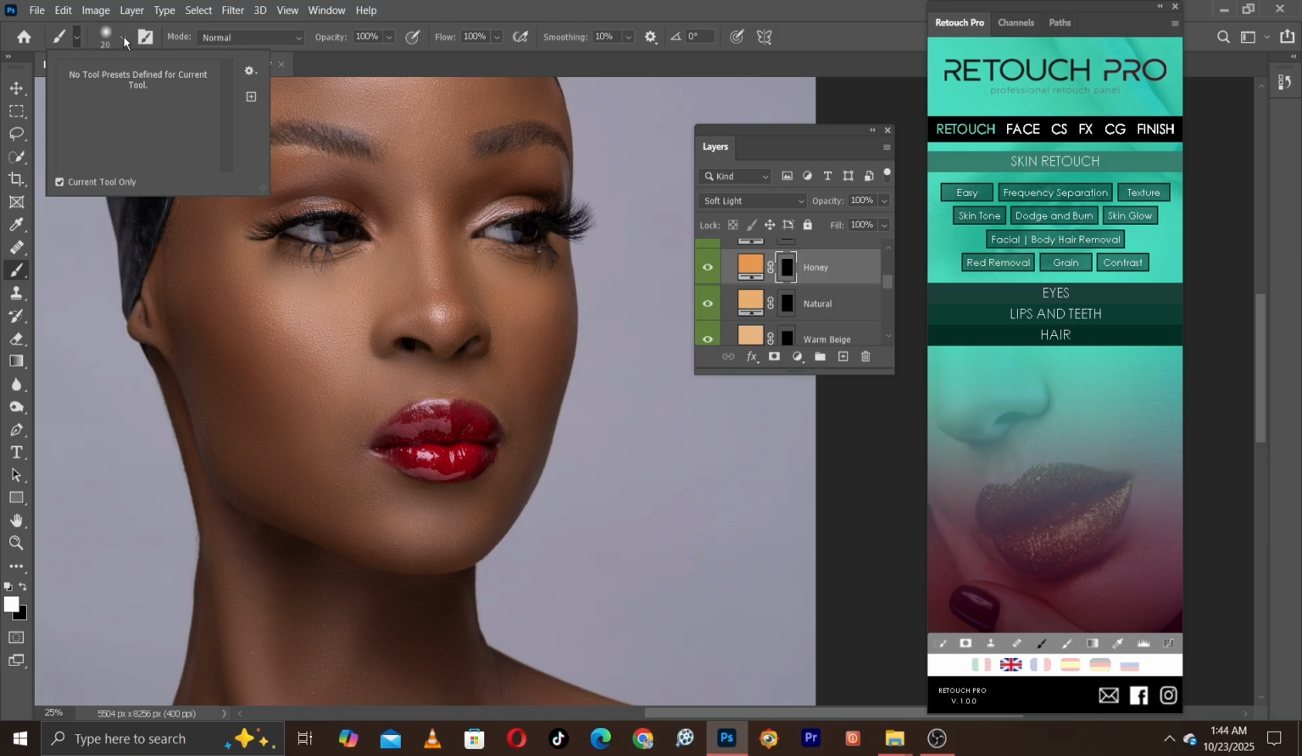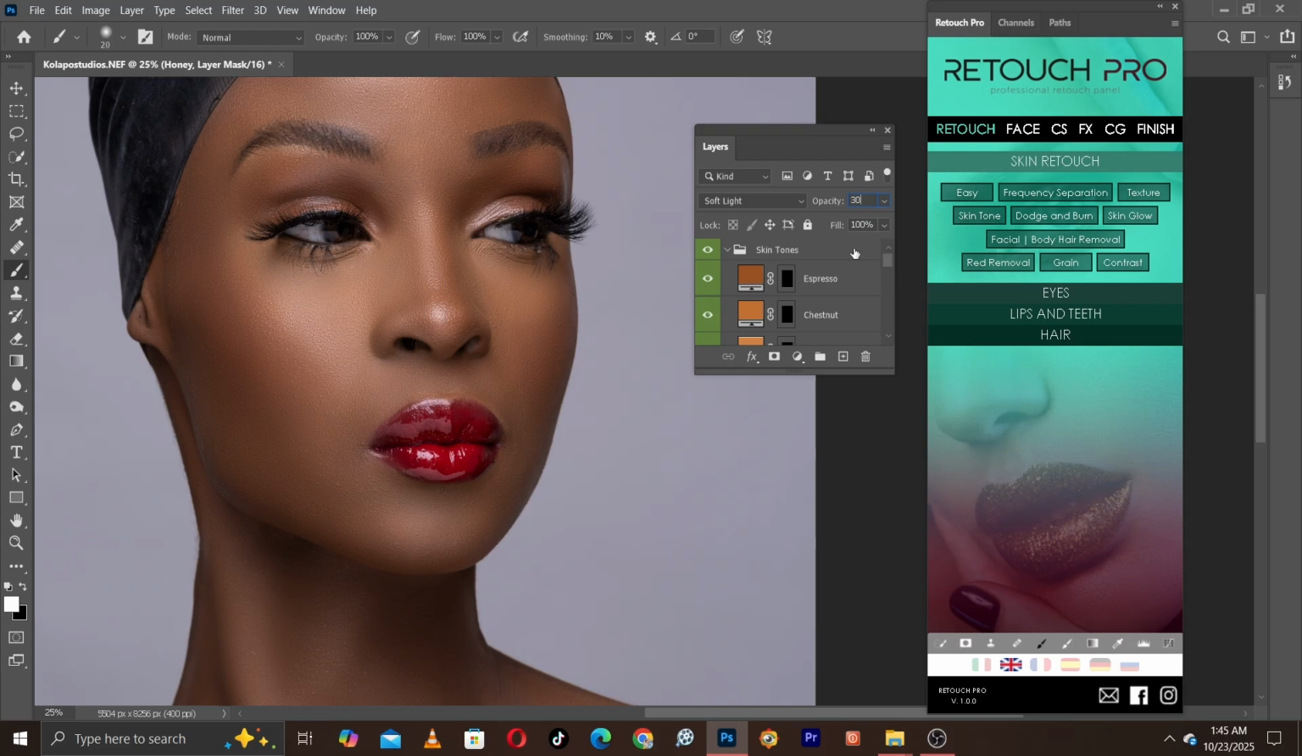Make sure that you select soft round brush tool and make sure that the opacity is 100 and the flow is 100. You can reduce the opacity, like around, let me use around 30. I think it will be the best one. So come to our model skin